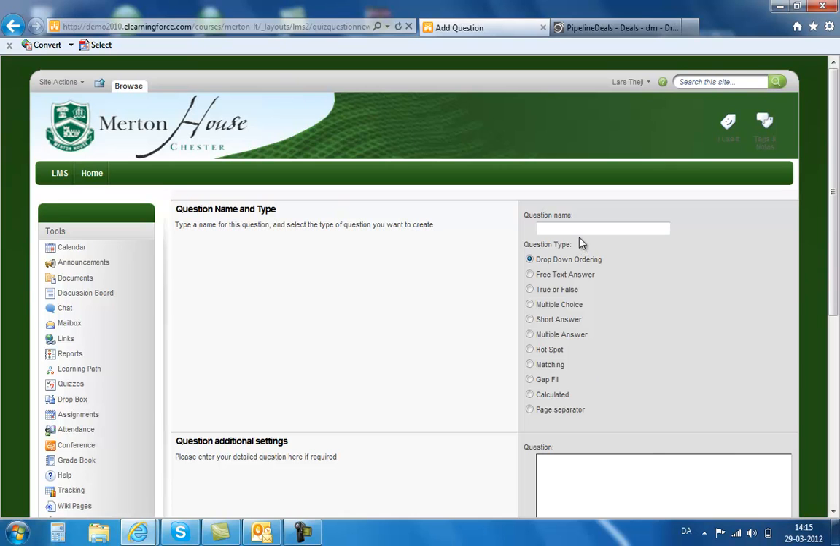and now I have a chance to put in some different question types. So I'll give it a name saying first question. I then choose which kind of question I want to ask. So there's a drop-down ordering, there's a free text answer, there's a true and false, there's a multiple choice, short answer, multiple answer, hotspot, matching, gap fill, calculate, and then I have a page separator so I can separate the questions into more pages. For this purpose, I'll just take multiple choice to show you some of the options that